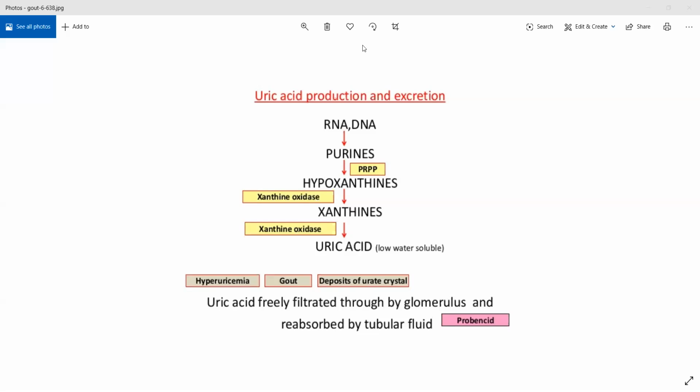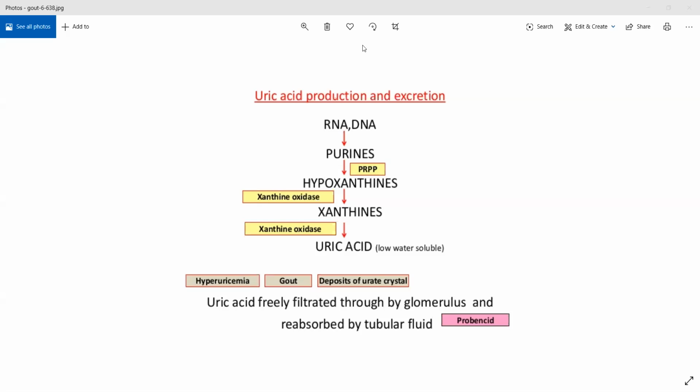Here, if a condition occurs where blood pH is increasing, more uric acid will be reabsorbed back. So more than 90% will be reabsorbed back, just to stabilize the blood pH. Once it is stabilized, it will go back to normal. Again, 90% will be reabsorbed and only 10% of it will be excreted out.